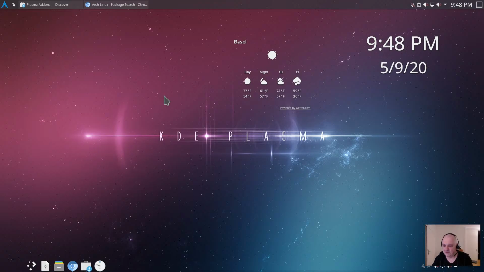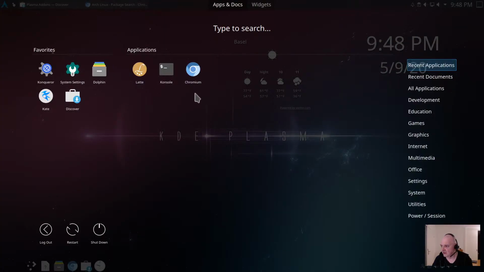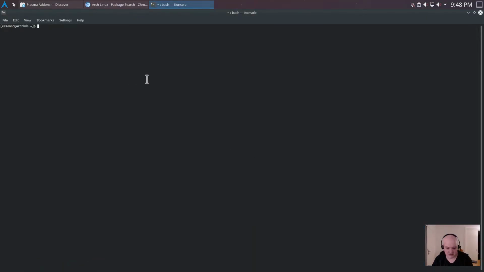Just remember that if you install global themes from the internet, you might have some leftovers. And if you want to know where those leftovers are, I can show them to you right now very quickly, just the directories, because there is nothing to delete there right now. But the global theme